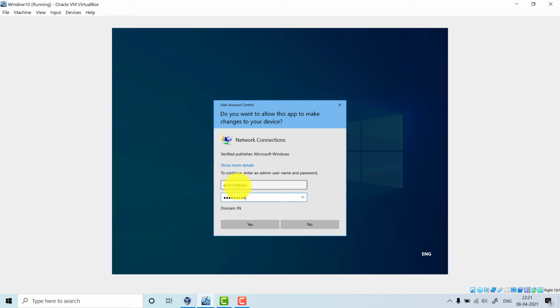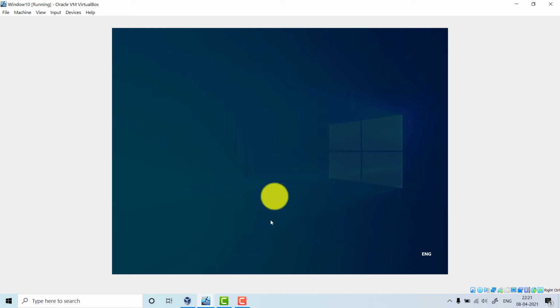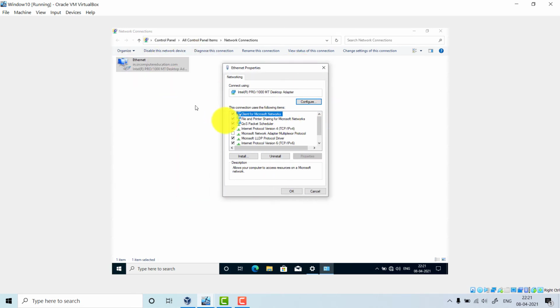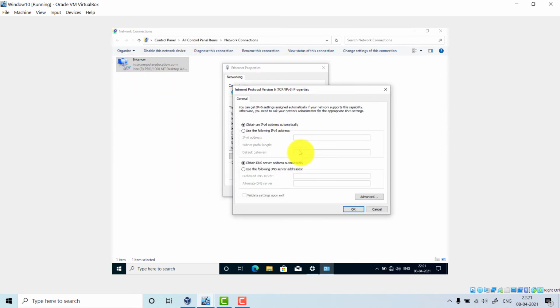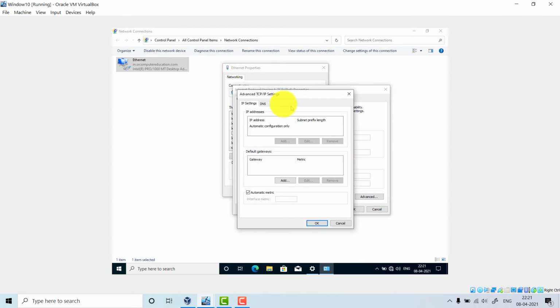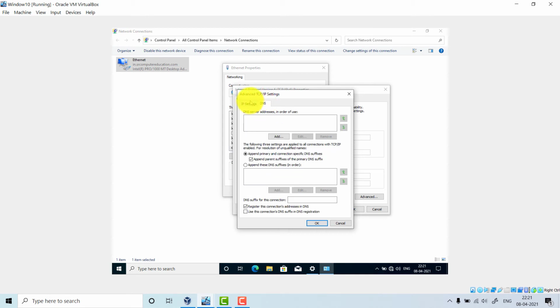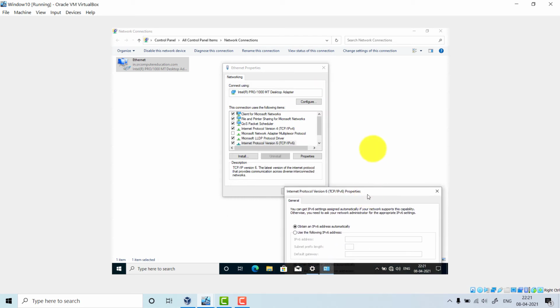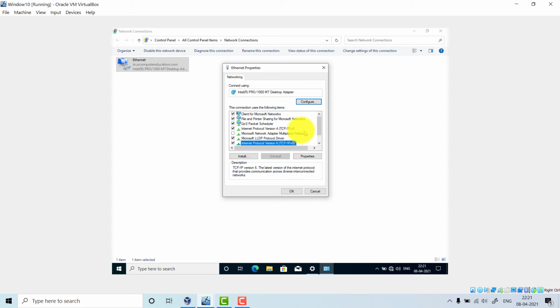You have to be very careful here, because if you give it wrong, it will not allow you to change the properties. Go to IP version 4, advanced. Sorry, I clicked IP version 6.